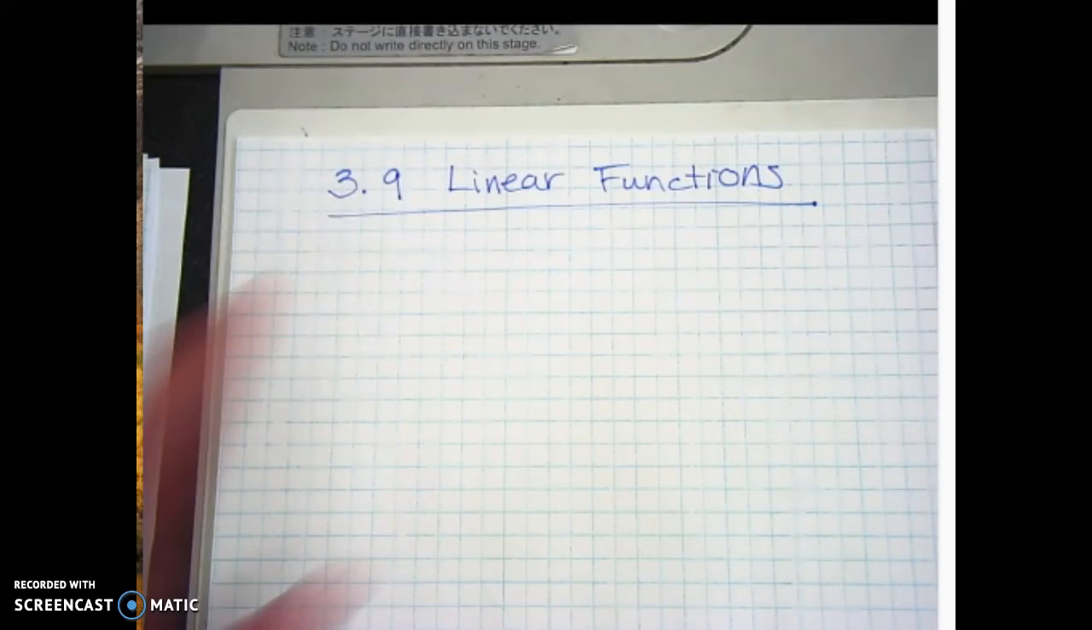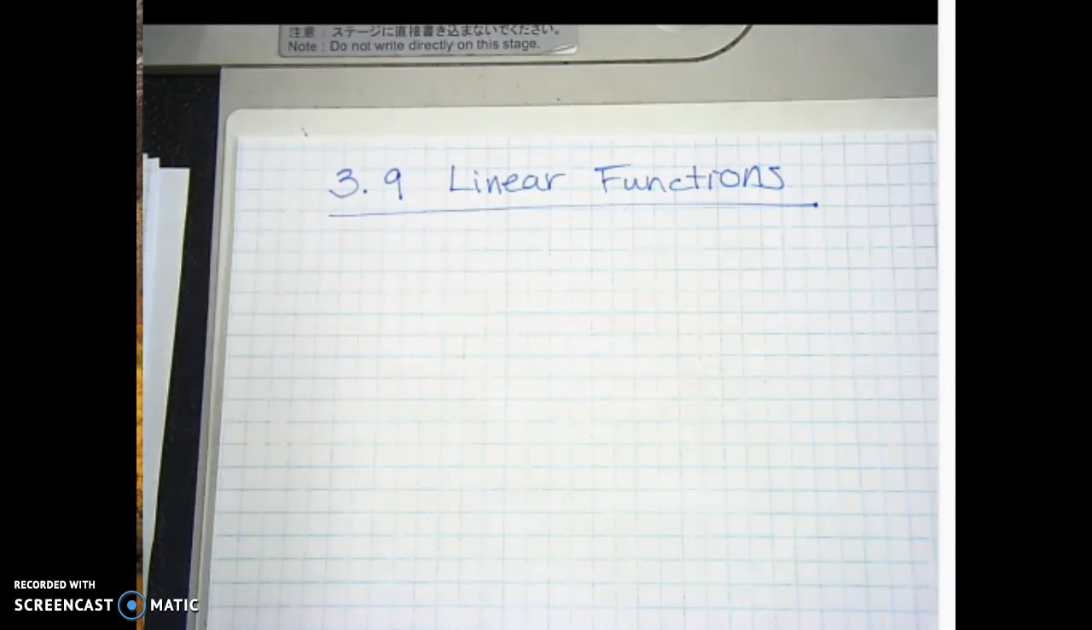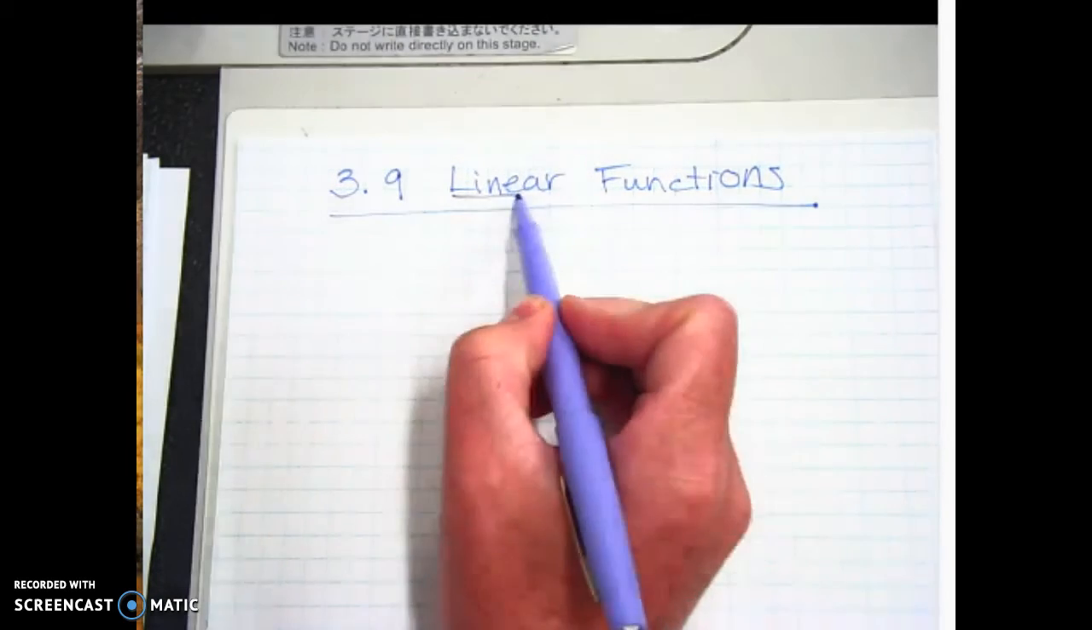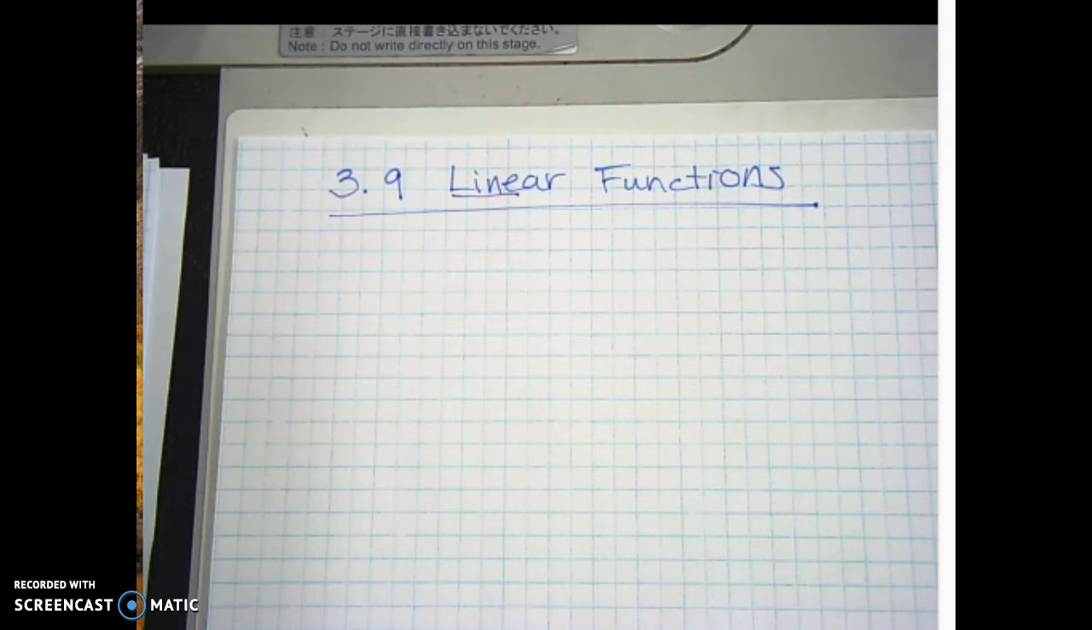So section 3.9 is called linear functions. Basically, we're talking lines here. Most of the stuff I'm going to talk to you about today, you probably already know. The only thing that might be new or different for you would be special notation. Other than that, if you know how to come up with the equation of a line, it's going to be